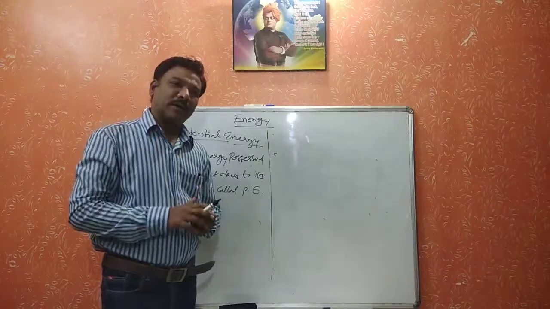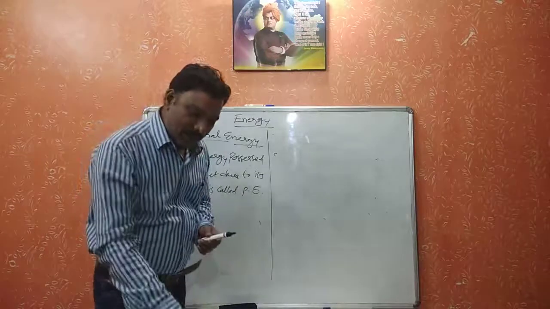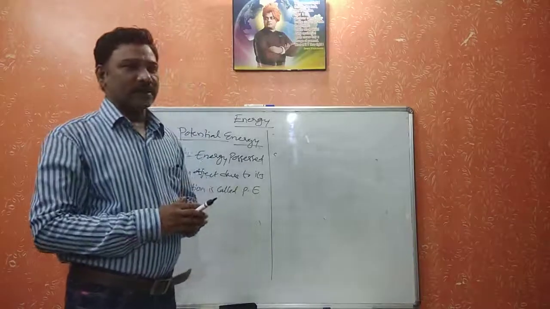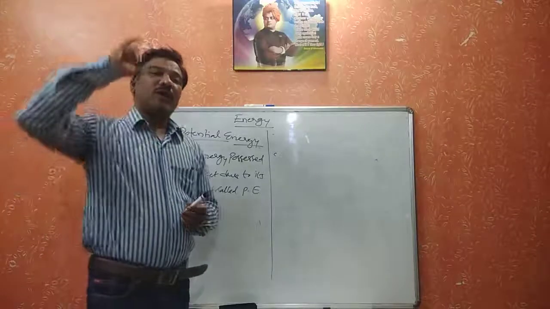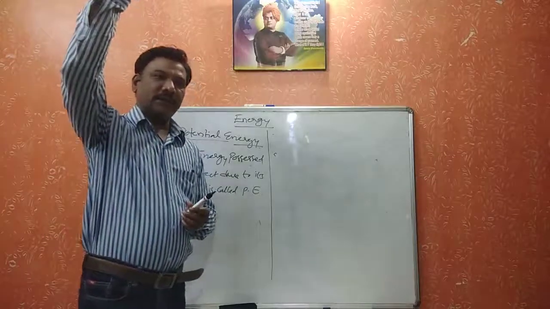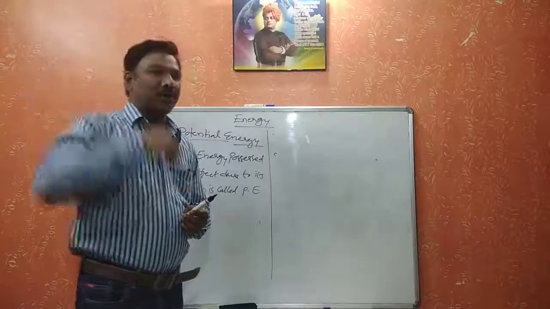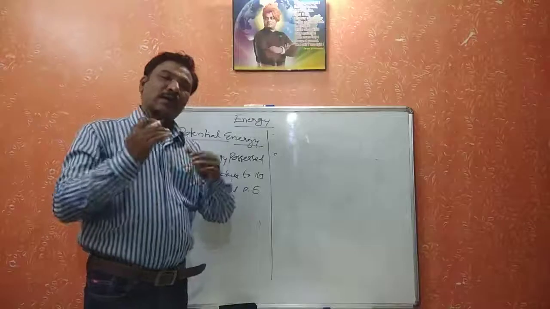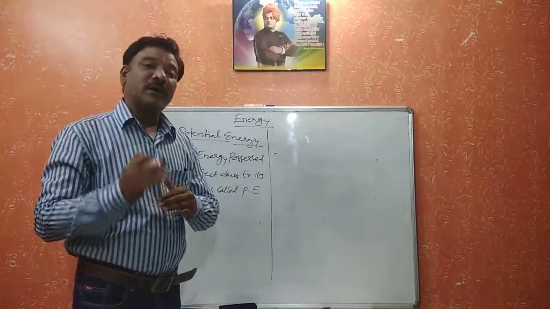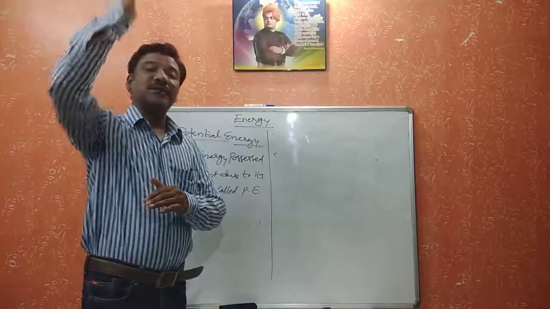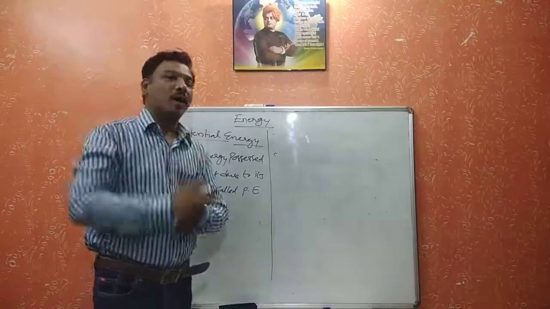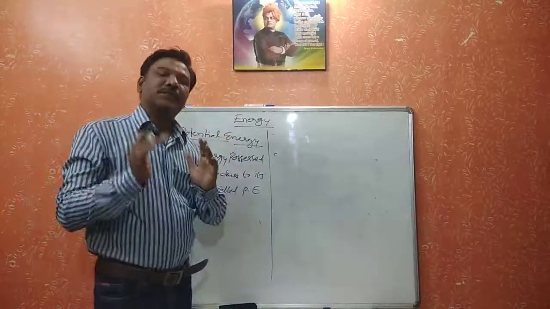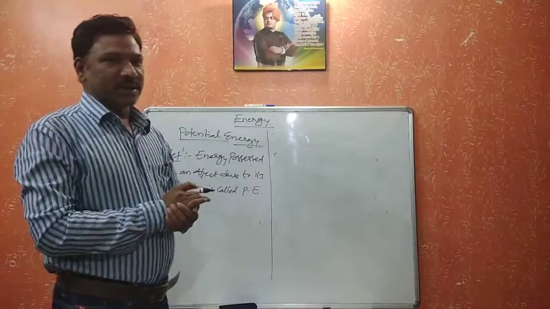The same coconut which is falling from the minimum height is not possessing that much of energy. But the same coconut which is falling from the maximum height is possessing more energy. Here, the energy possessed by the coconut is different because of its height. That is nothing but the position of the object. That means when the position of the object changes, the energy possessed by the object also changes.